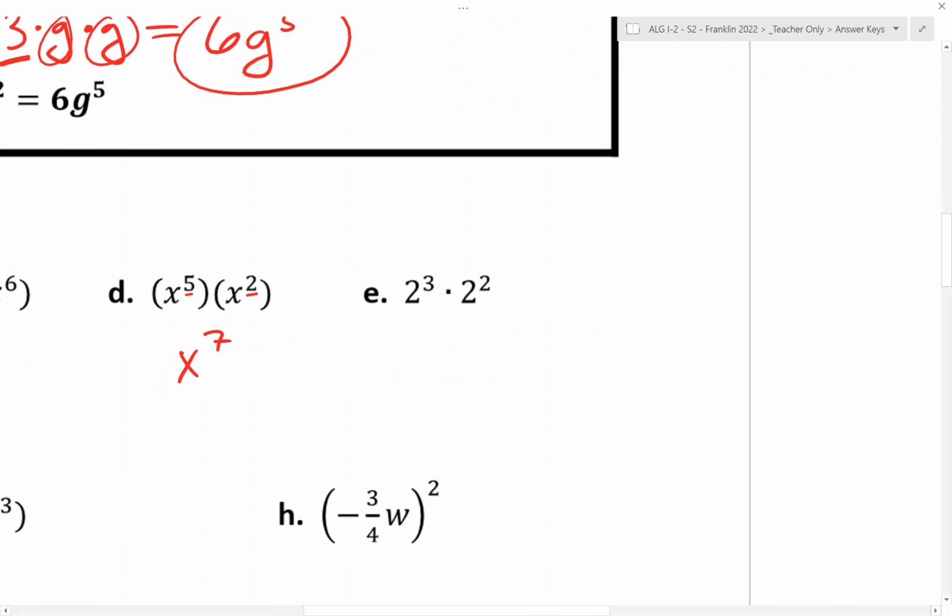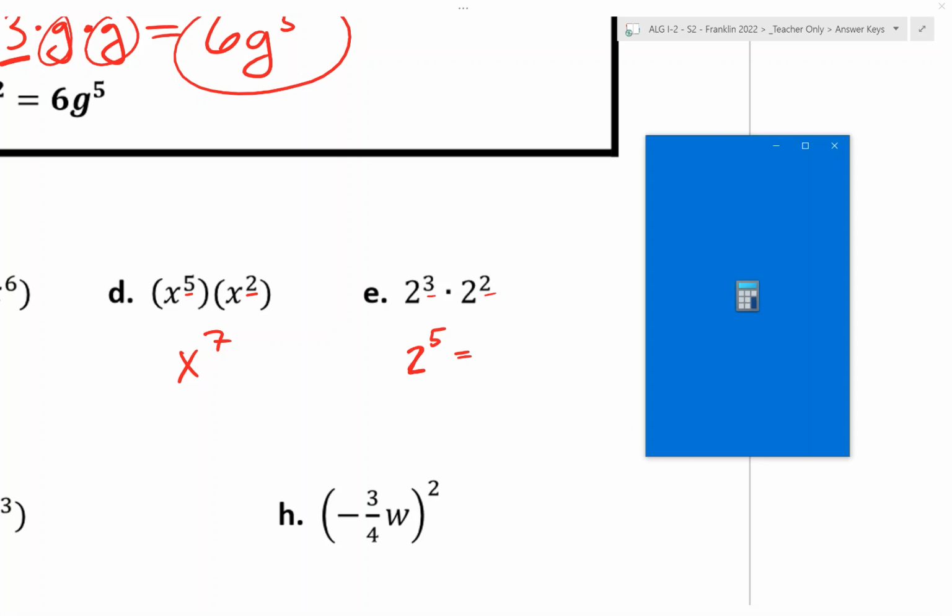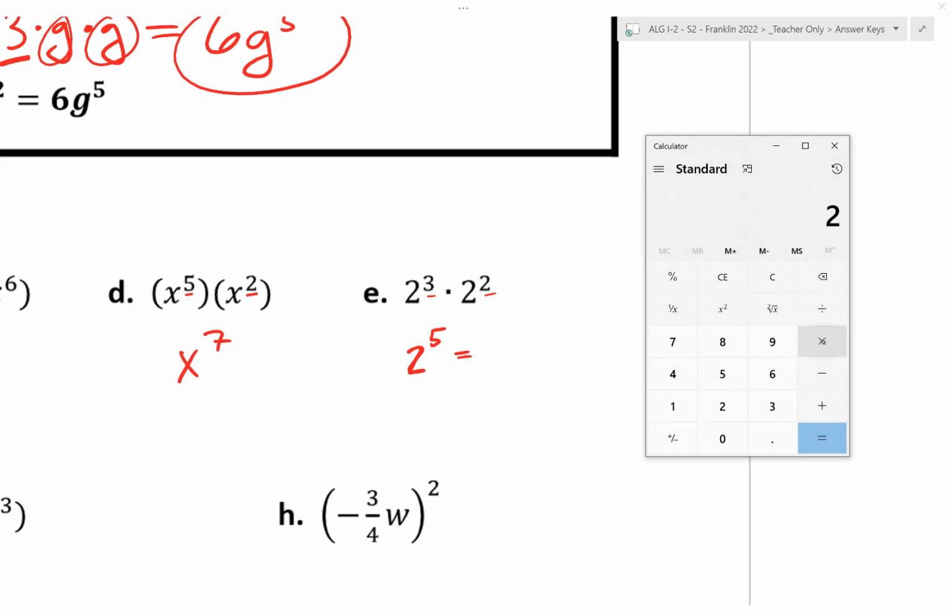Now on E, don't get confused. Keep the base the same. Pretend it's an x or a m or whatever. So 2 cubed times 2 squared, that's going to be 2 to the 5th. 3 plus 2 is 5. Because it's a number, we can't evaluate that. 2 to the 5th is 2 times itself 5 times. So 2 times 2 times